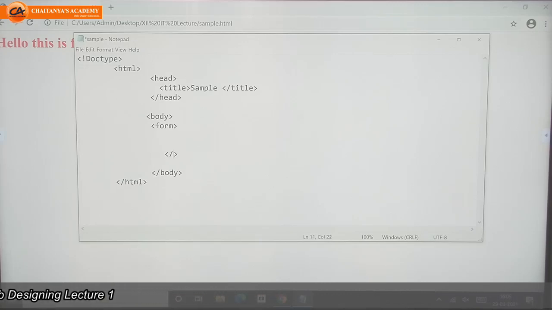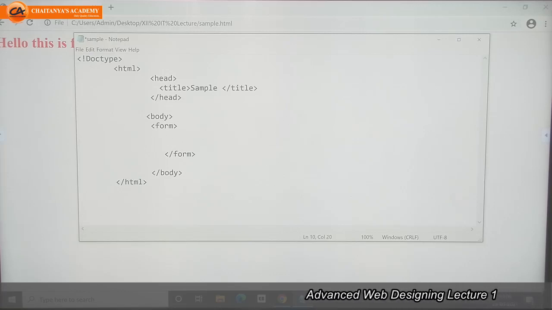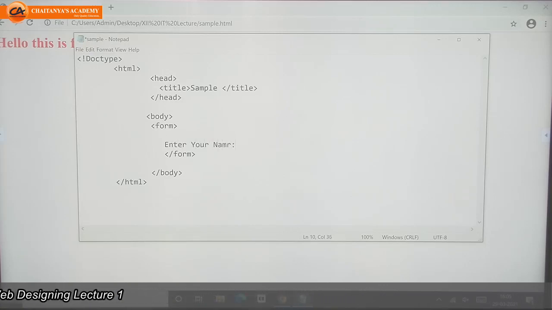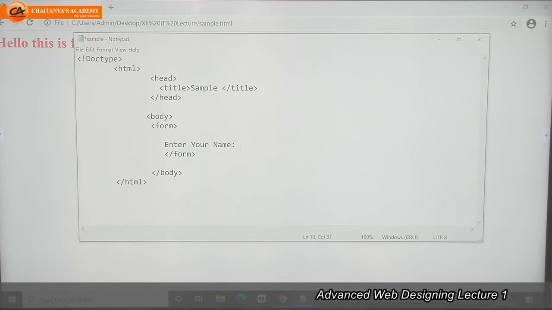This is ending tag of the form. If I want to display a label, for example, enter your name, I will write here enter your name as a label.